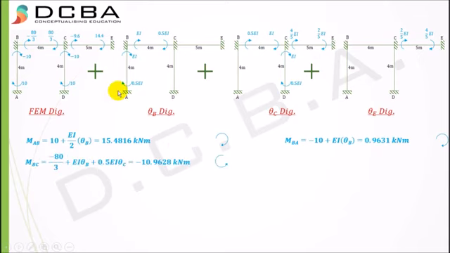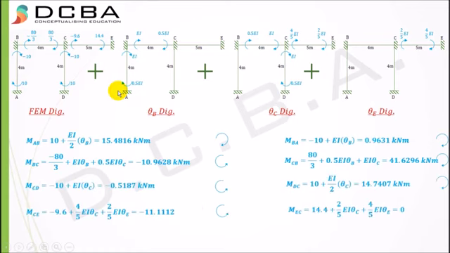MBC, again writing all these equations in the similar manner, you can find all the moments at different joints. So you can pause the video and take a look at all the equations, how they have been formed, and then calculate it by yourself. So this is how you can analyze a portal frame using stiffness matrix method. In my next video, I'll solve a sum of portal frame which has got a horizontal deflection as well. So you'll come to know how to solve such sums where deflections are also there.